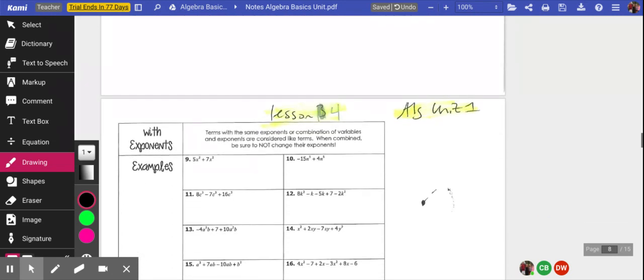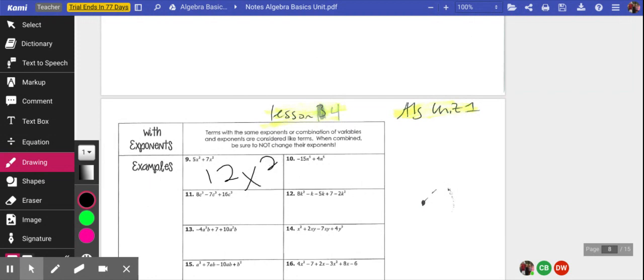Okay, on to the back. So when you have terms that have exponents or a combination of different letters, you have to look for the terms to have the same letter and the same exponent to be able to add or subtract. So for example, on this one, the x's are the same and the exponents are the same. So then we can go ahead and get 12x